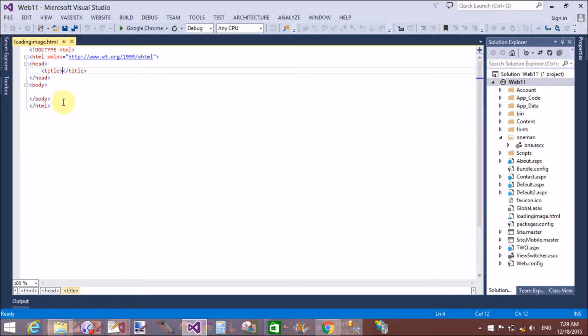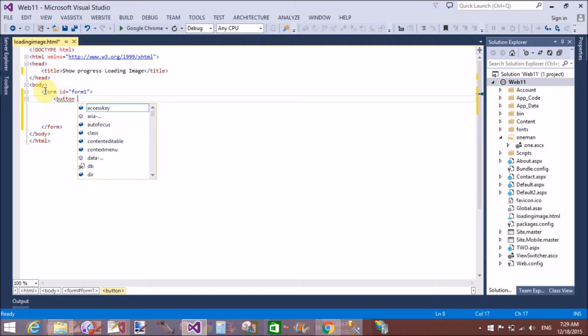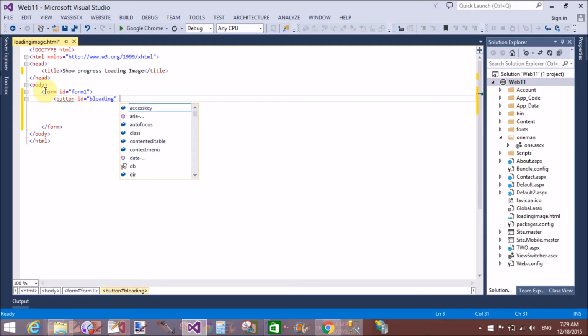So first of all, get the ID property of the button on which I want to show the loading images. Pick the button control by using its ID property in jQuery. Now after that we can use the .html method through which we can add images. It's a simple task to assign a loading image on a button control.